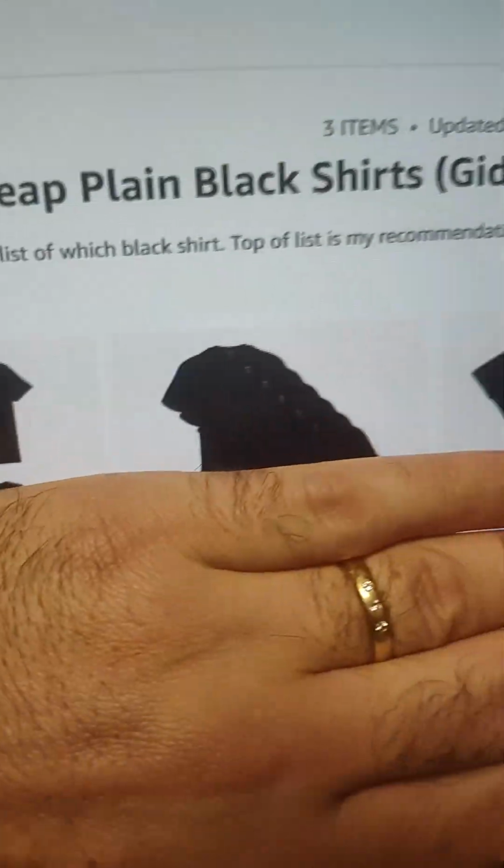Which black t-shirt is best? I mean, these are the cheapest black t-shirts on Amazon. Which one's best? And the winner is...